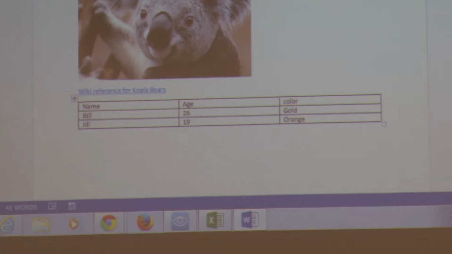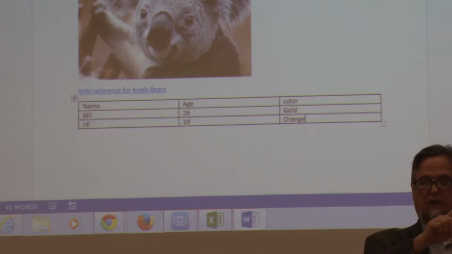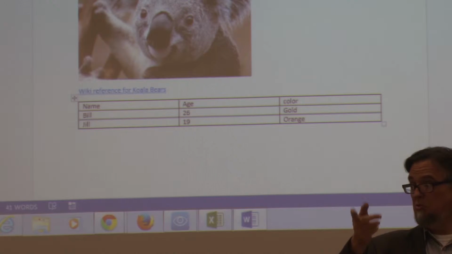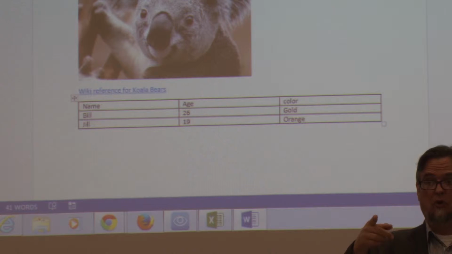Okay, so tables in Word, you can only make one type of an accessible table. That is a simple table to where all you have are headers for the columns. That's it. You cannot do a complex table in Word. In other words, you have headers for columns and headers for rows. That you have to either use the accessibility features of creating that in Excel and import it, or use an